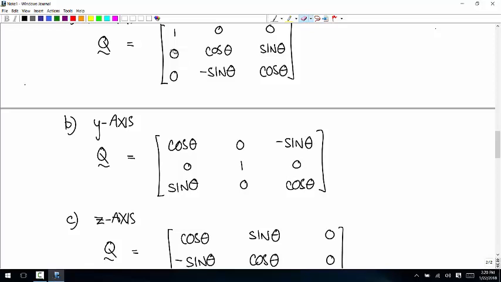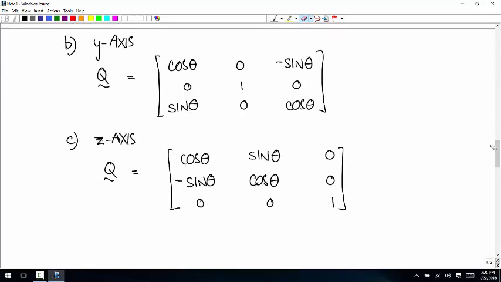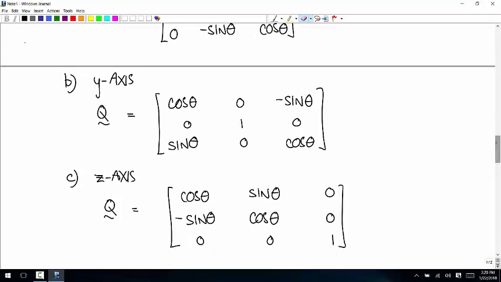And then in the 4 that are left over, cosine, sine, negative sine, cosine. Okay, that's how it works for x. That's how it works for z. We got a 1 and zeros, then cosine, sine, negative sine, cosine. And for y, it's kind of doing the same thing, but it's always got to be a little bit different,